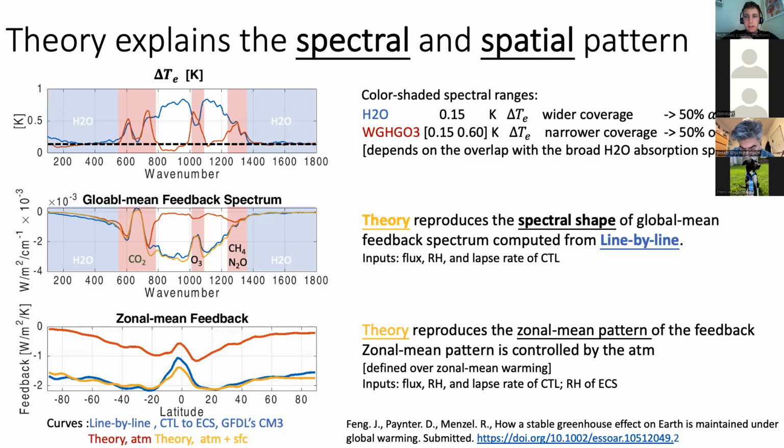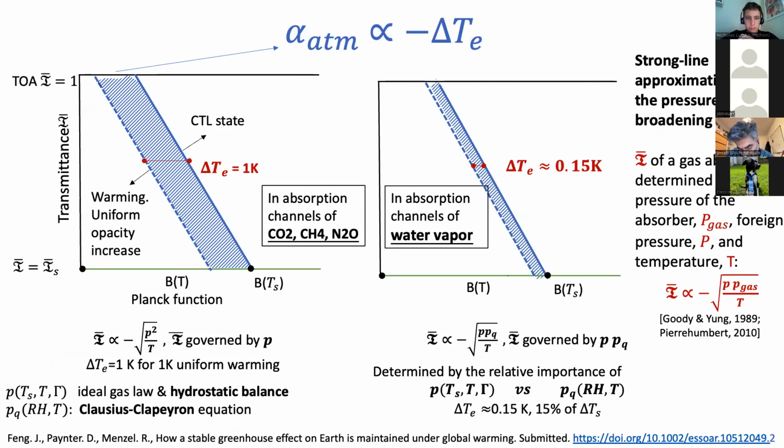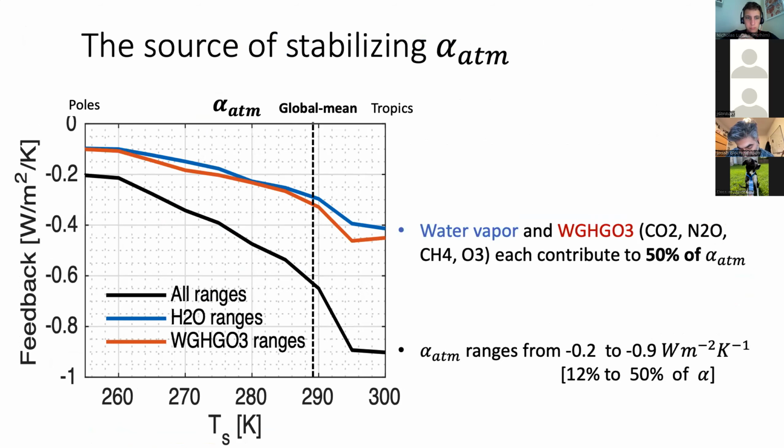Dennis? Yes, Jing, nice talk. Could we go back to the plot where you're showing the division between the greenhouse gases and water vapor split in two? I was noticing that the plot levels off at around 295 and then doesn't change before you really get to tropical temperatures. Can you explain why that is? It's a really nice observation.